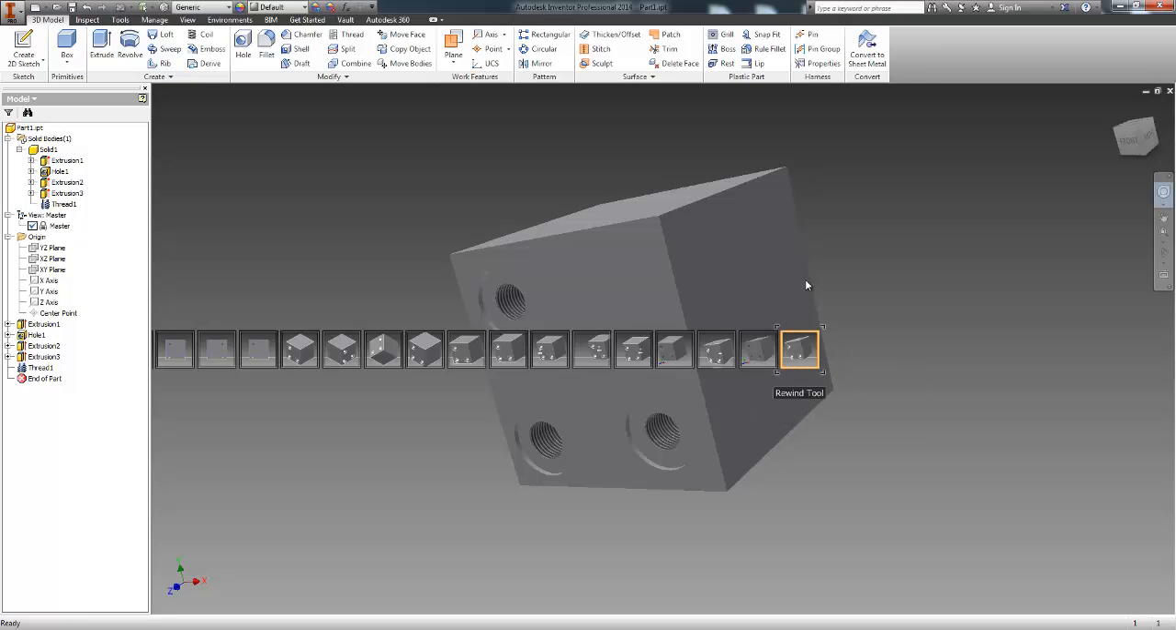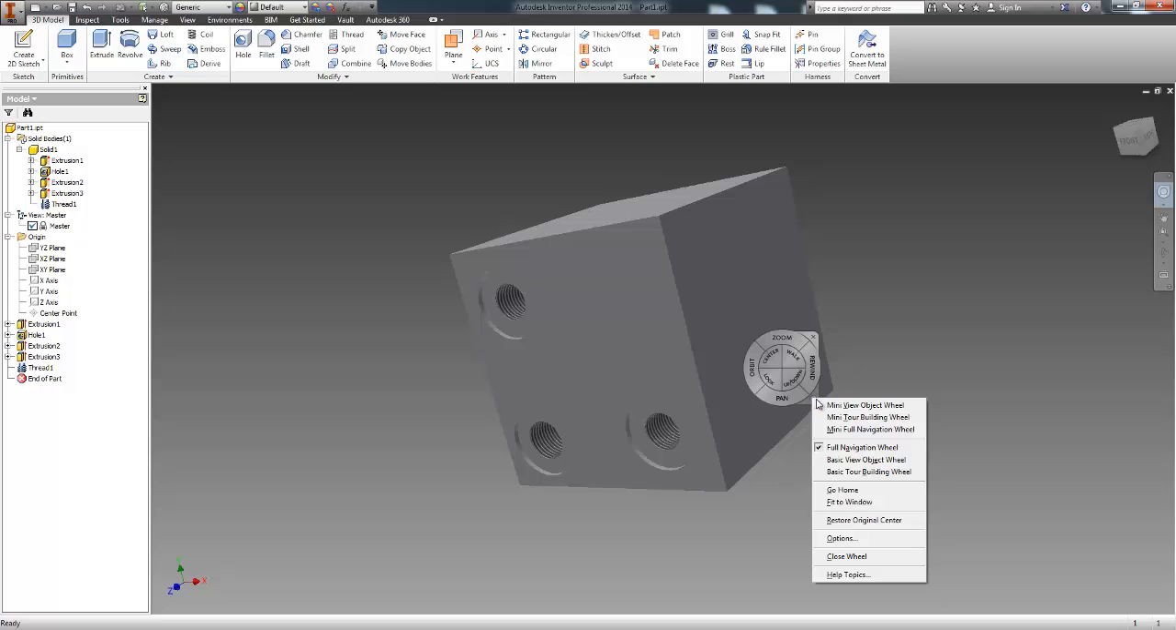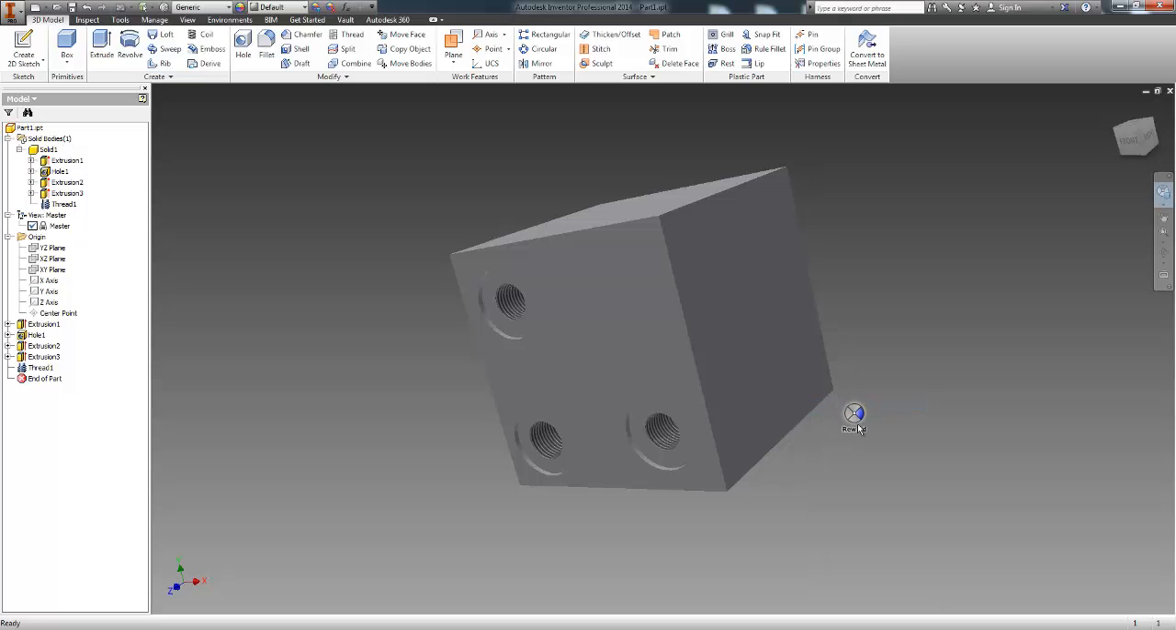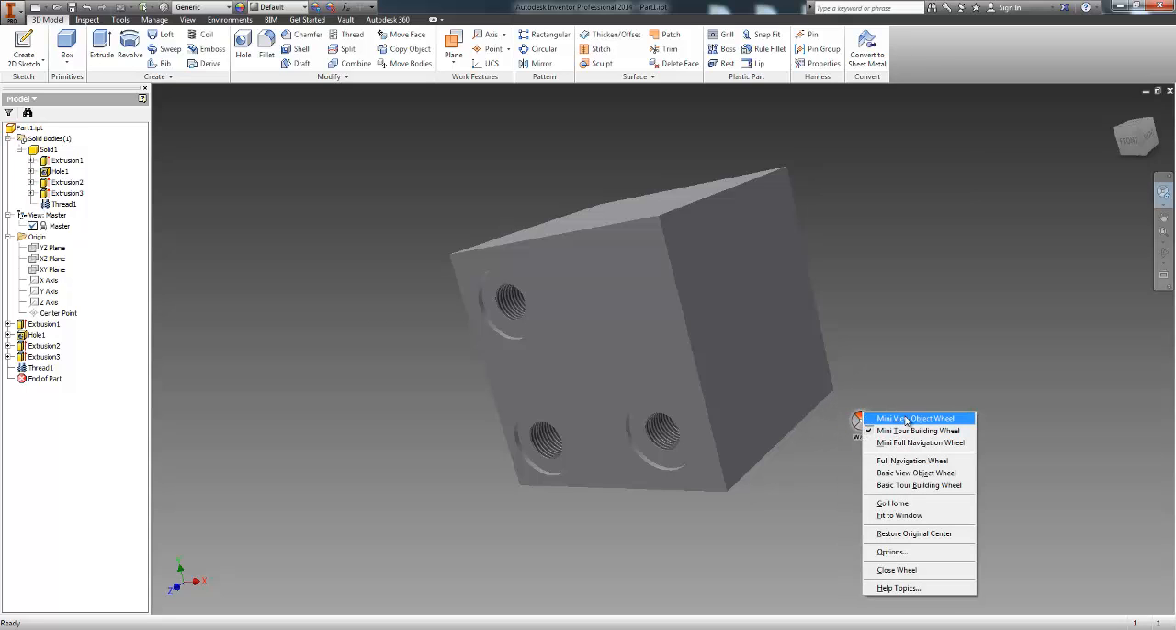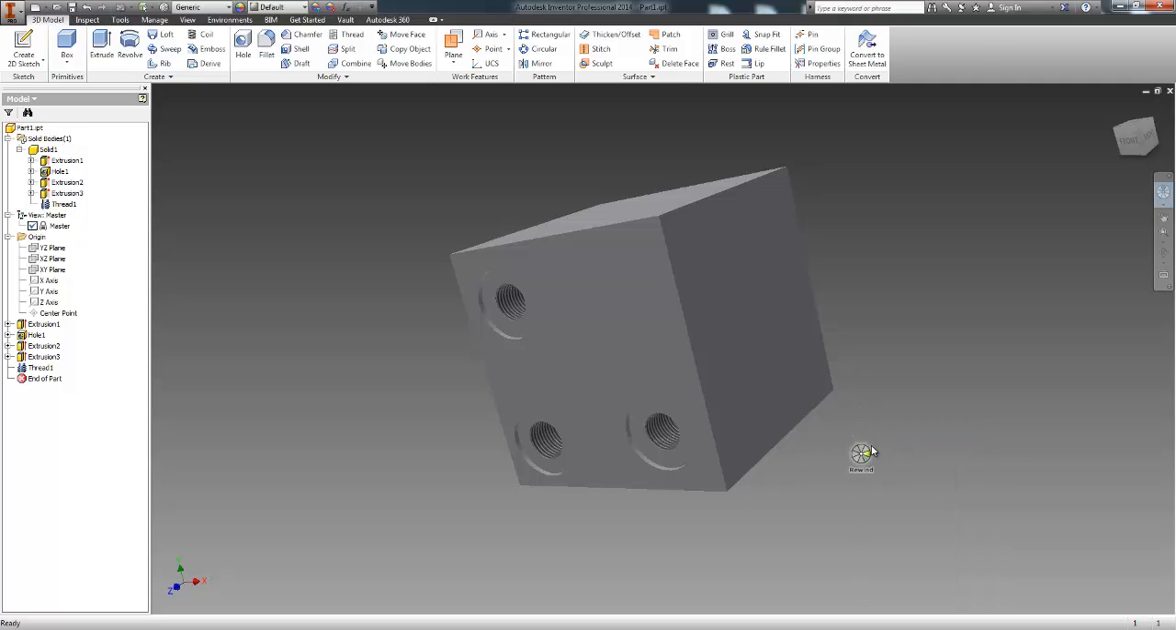You also have the ability in this little drop down to change the size. So, mini setup here. Mini, well, you have a mini view and a mini tour. You also have the mini navigation wheel that has all of those combined. The full navigation wheel,